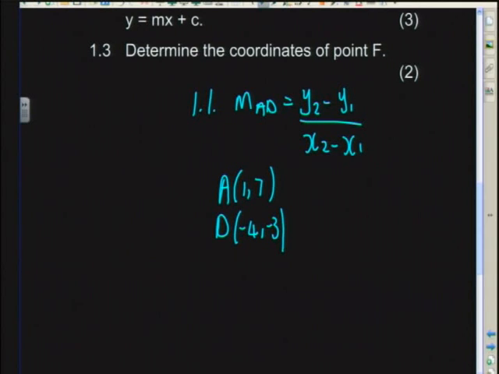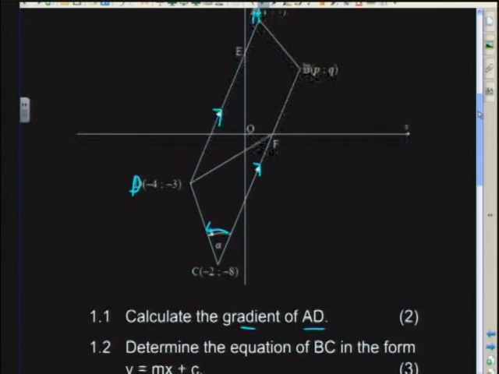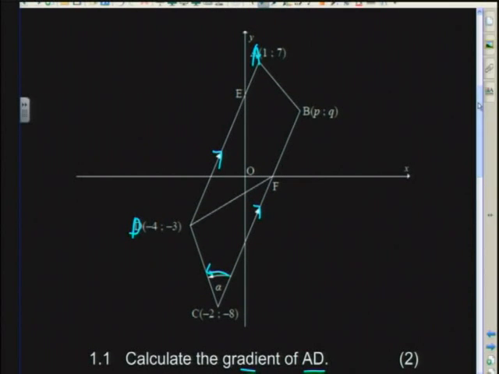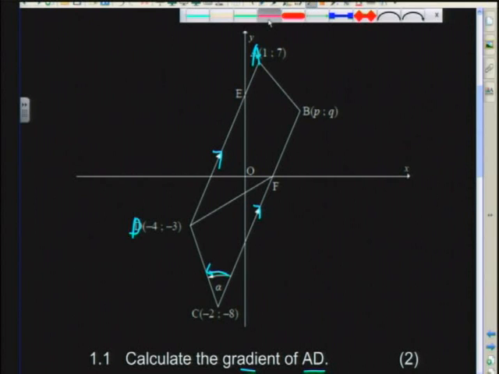So it's a straightforward application of the gradient formula. We're going to say 7 minus (-3), so it's y2 minus y1 all over x2 minus x1. So we get 10 over 5, which gives us 2. So therefore the gradient of AD, this line AD,